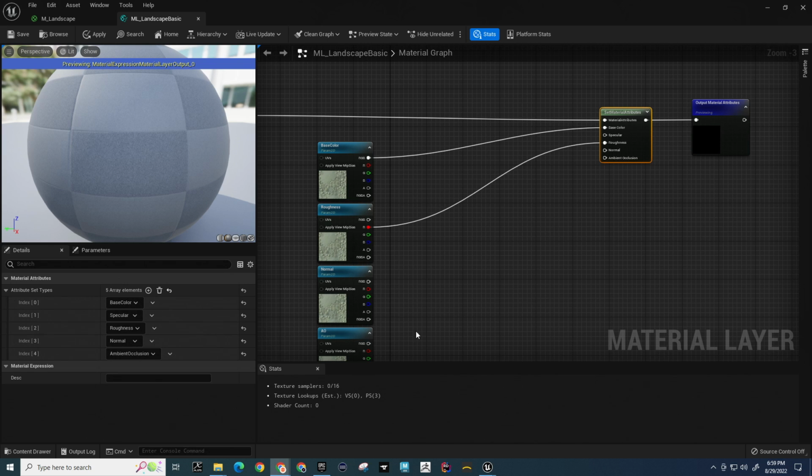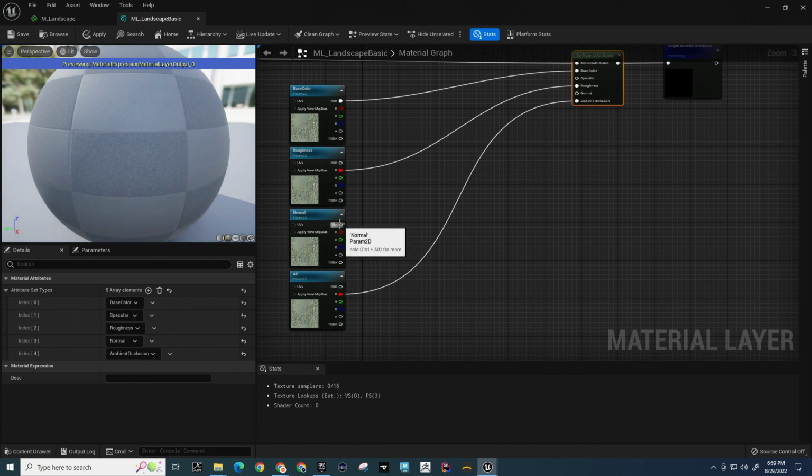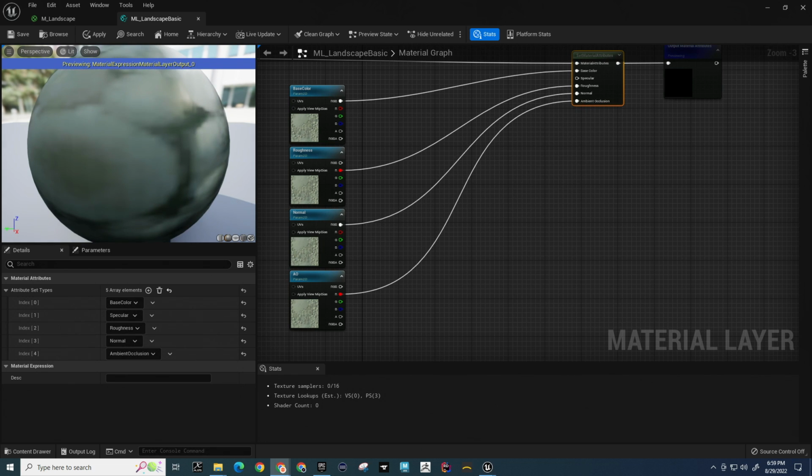Ambient occlusion into the R channel and normals into the normals. Then I'm going to hold S and click to create a specular value. And by default